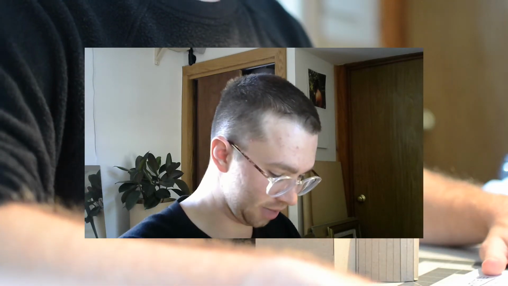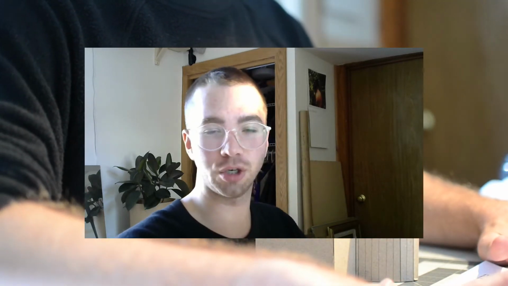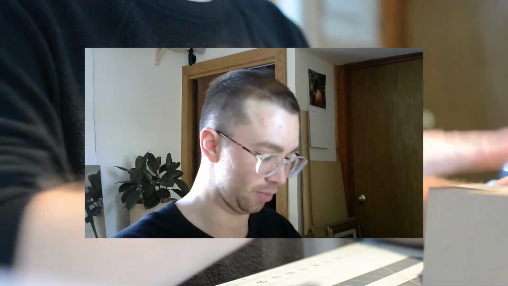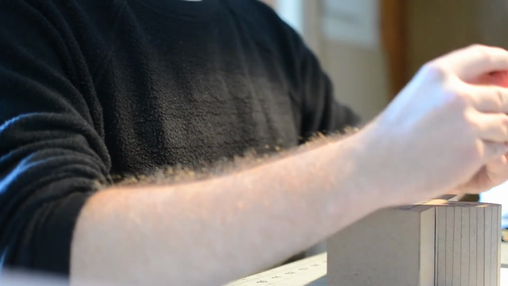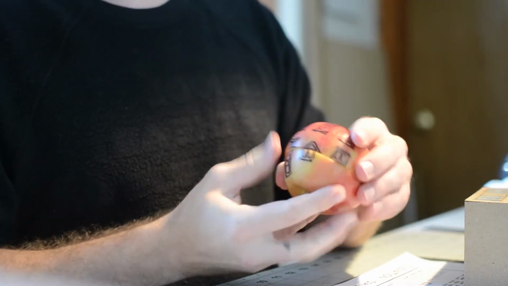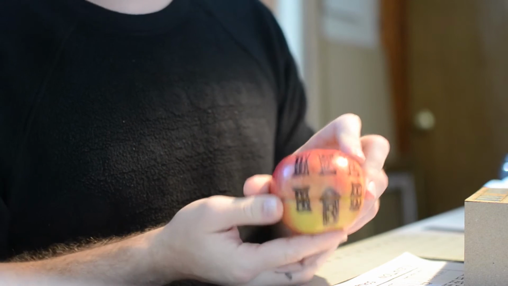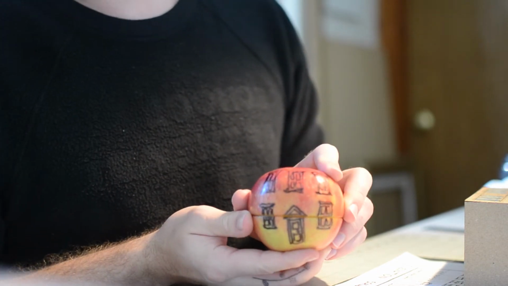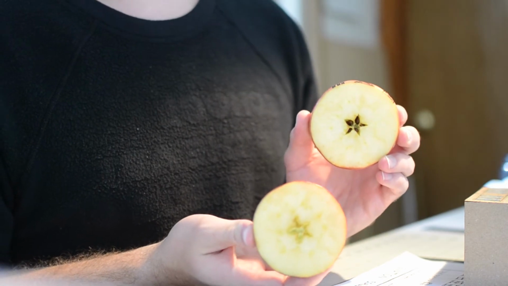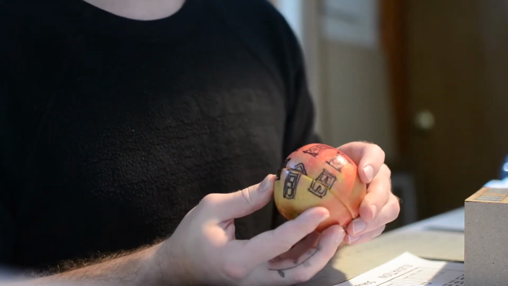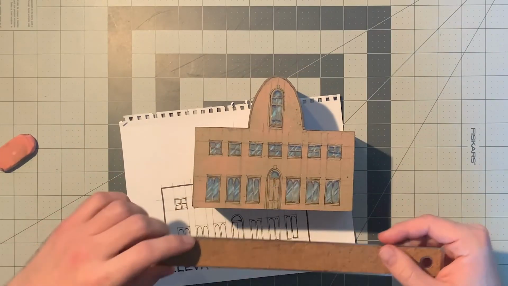Okay, so that was the elevation. Pretty easy, not too crazy since I already had most of the information. So now we're going to move on to the fun stuff. So let's start with a plan. And if you remember, I'll get my little apple here. A plan is when you cut the building or object horizontally so that you're getting a top-down planar view. So like I mentioned earlier, it's really important where you take this cut